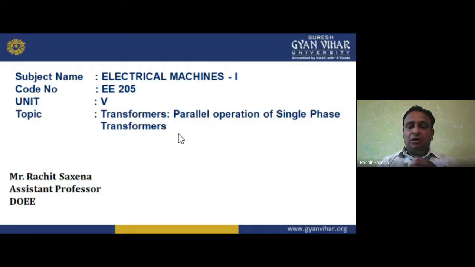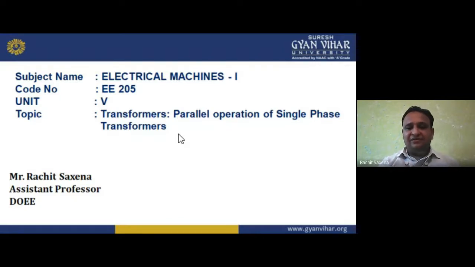Okay, so if I'm talking about the field, we have the field winding, then we have the armature winding. If I am connecting the field winding in parallel to the armature winding, it is known as shunt motor. If I am connecting both parallel and series in a way, it is known as compound. In compound, we have two types, cumulative and differential.